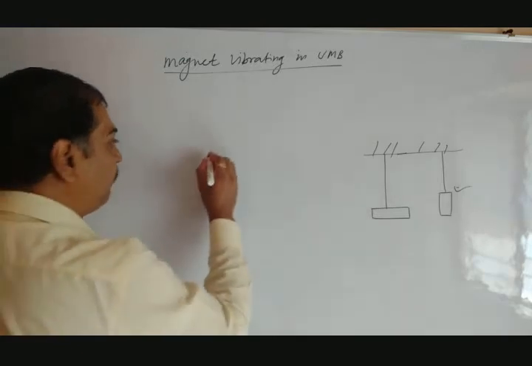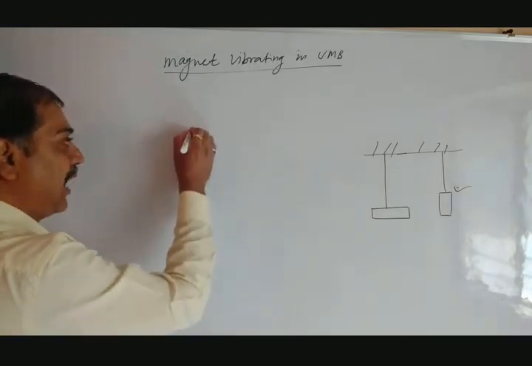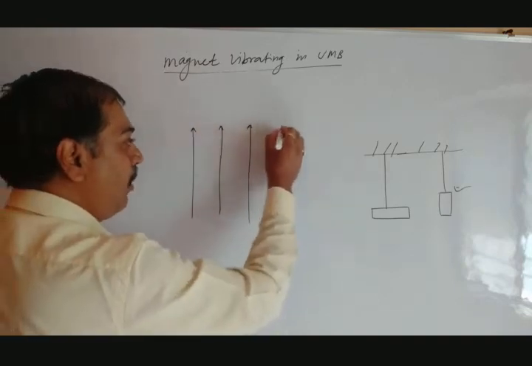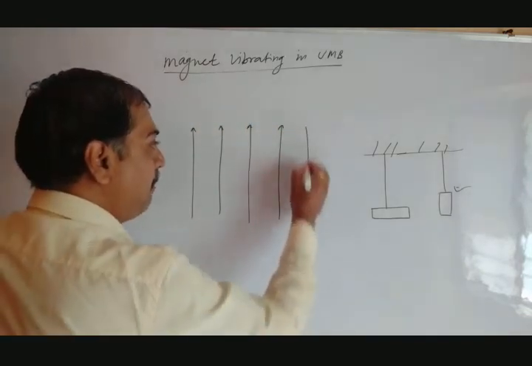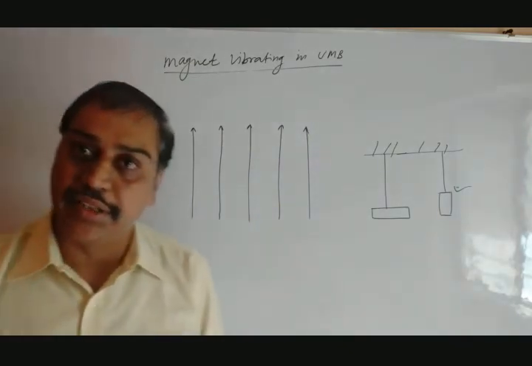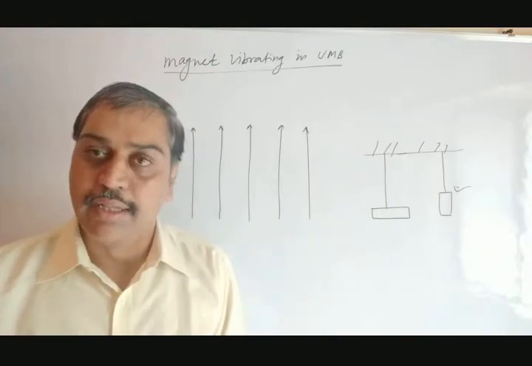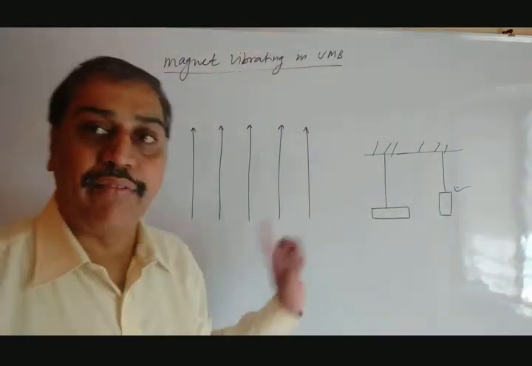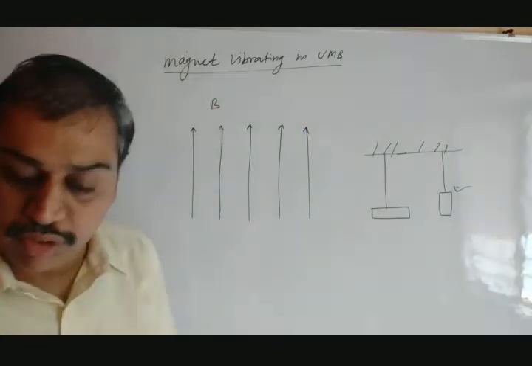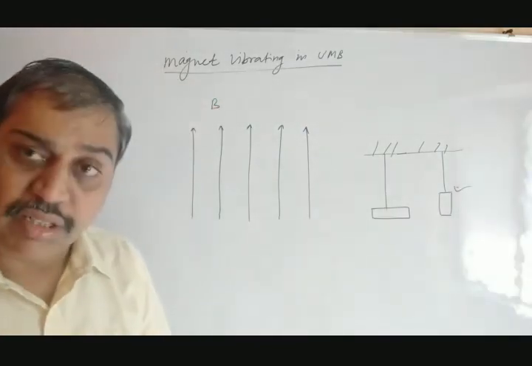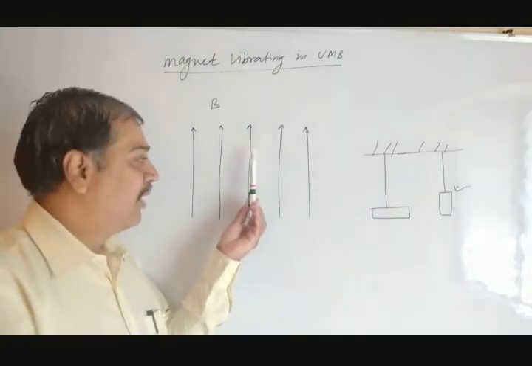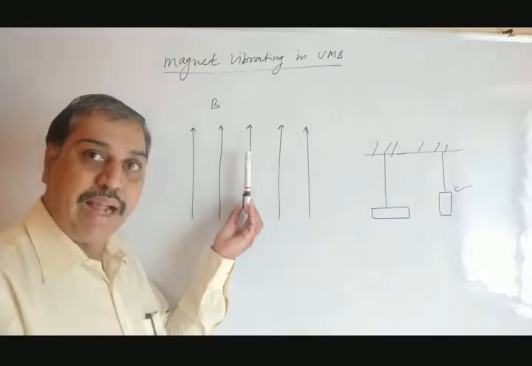Initially they have drawn such type of lines. Equidistant vertical lines represent what? Uniform or constant magnetic field. These lines which are uniform, exactly equidistant and parallel to each other, represent that a uniform magnetic field is applied, and that magnetic field is represented by its strength B, suppose. Now we put here the bar magnet, a vertical line, suppose this is the bar magnet, I have kept it like this, exactly parallel to the magnetic field.